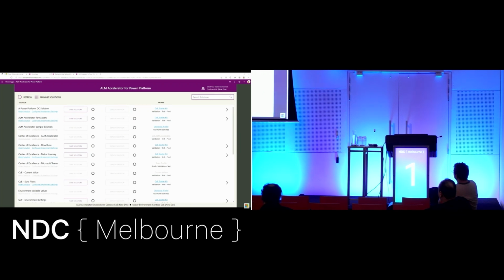There are quite some things that we can do with the ALM Accelerator for each of these solutions. But as you can see, some of the options appear grayed out, and that's because the first thing that we need to do is associate our solution to a solution profile. In this demo, I'm going to be utilizing the ALM Accelerator sample solution. The first thing that I want to do is hit this choose a profile link here, which will bring out a side pane that will allow me